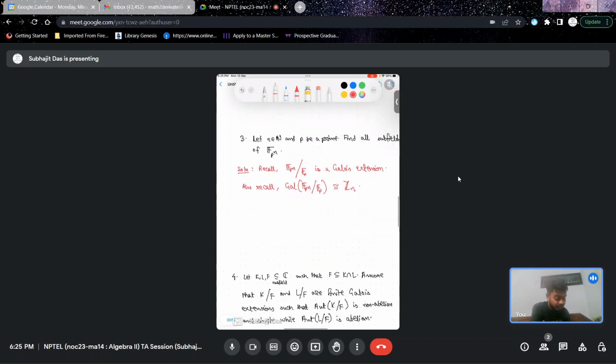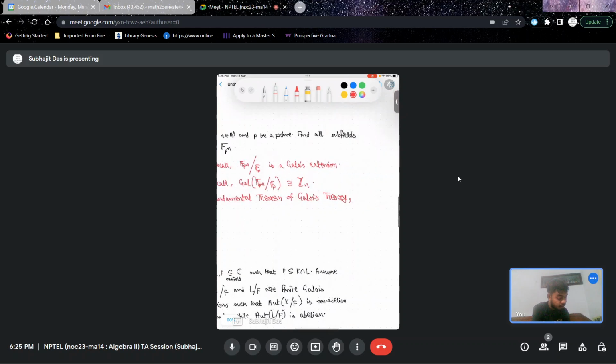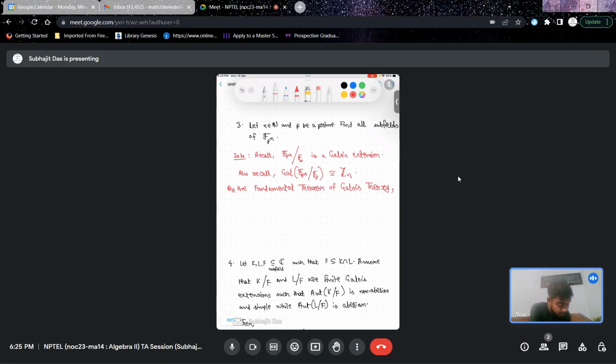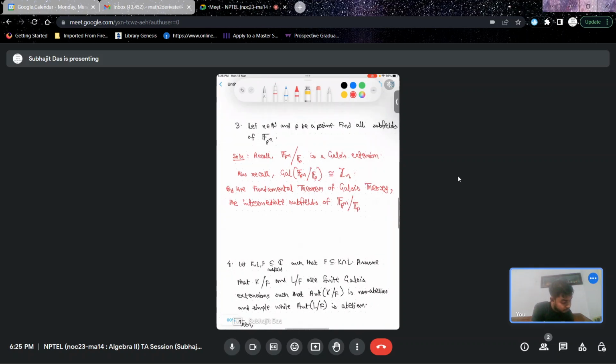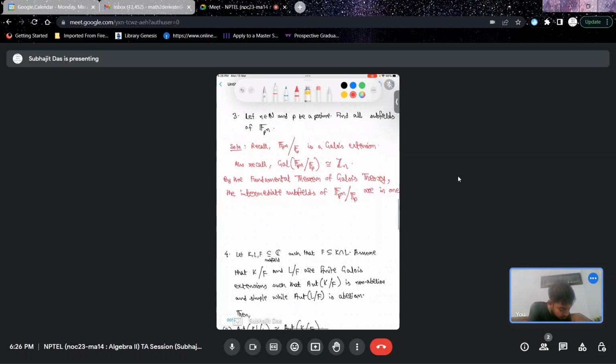So by the fundamental theorem of Galois theory, we know that the subgroups of the Galois group are in one-to-one correspondence with the intermediate subfields of the extension. Okay, so the intermediate subfields of this extension are in one-to-one correspondence with the subgroups